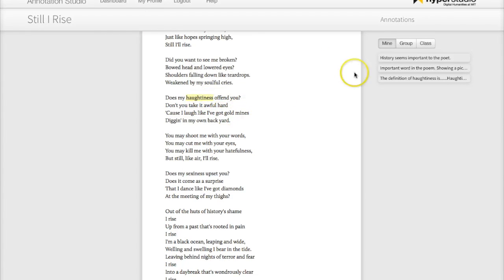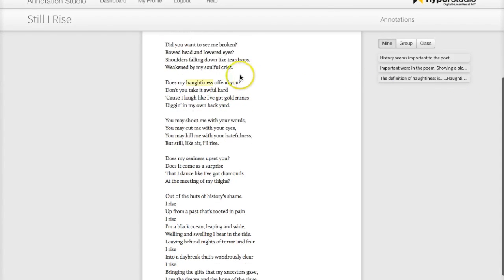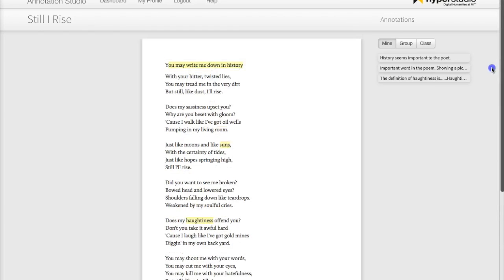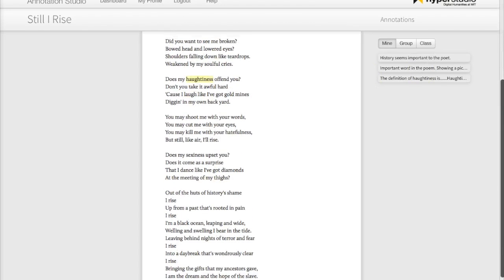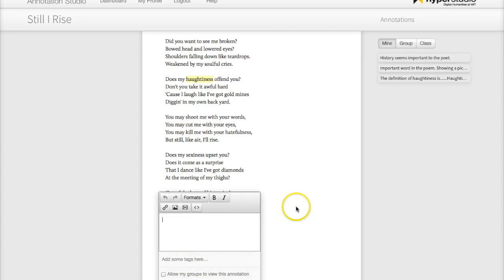So so far we've gone over how to add text, how to add a link, and how to add a picture. So let's say we wanted to add a video. So I'm going to add the actual video of her reading the poem. So I'm going to do this at the end. So I'm going to highlight what I want to annotate, click on the Write tool, and then write in